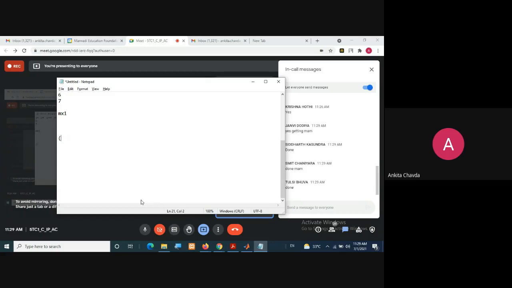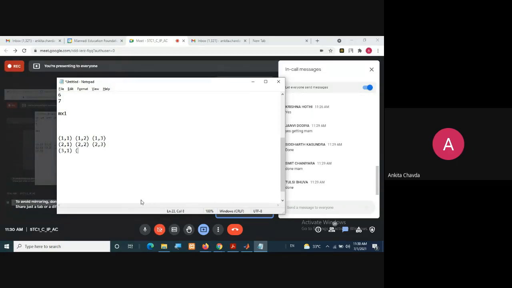But in MATLAB, it starts from 1. So I'm saying first row, first column, then first row, second column, then first row, third column, and so on, right? Second row, first column, second row, second column, and second row, third column, and so on.